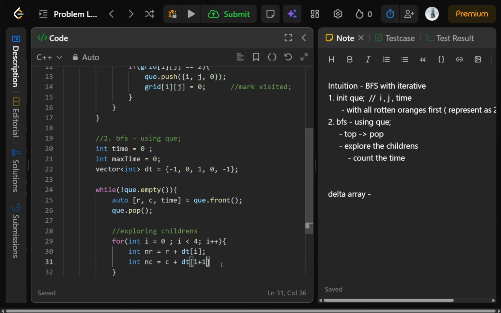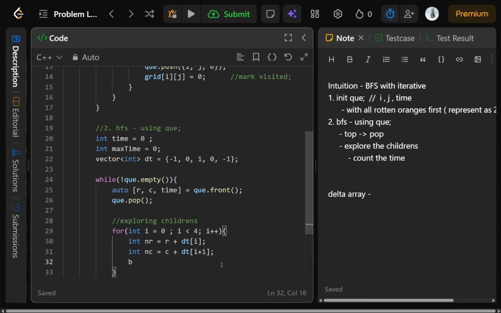The delta row and i plus 1, as I said, will be taking values 0, then 1, then 0, then -1. And the column will be taking -1, 0, 1, and then 0. I don't need to explain it right now because